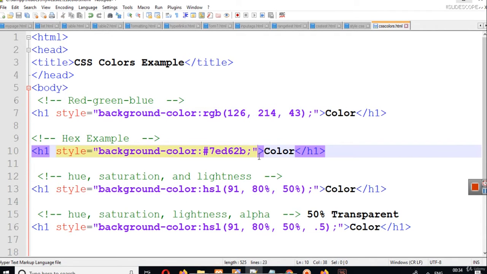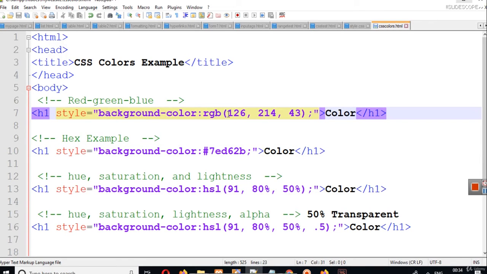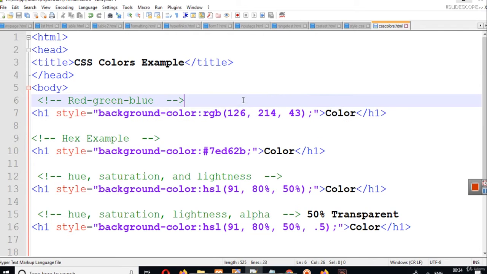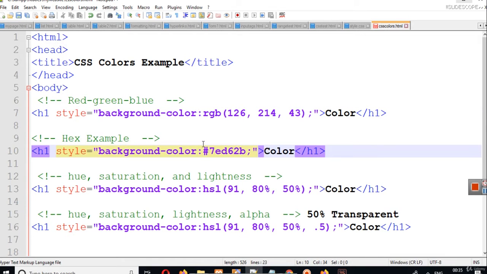Now in RGB you have to provide three values. Every value takes values between 0 to 255. Actually it is 16 raised to the power 2, which is 256 values, but because 0 is there, we write 0 to 255. Hence we have the hexadecimal code also. In hexadecimal code there are 6 characters. With the hashtag there are 7 characters.